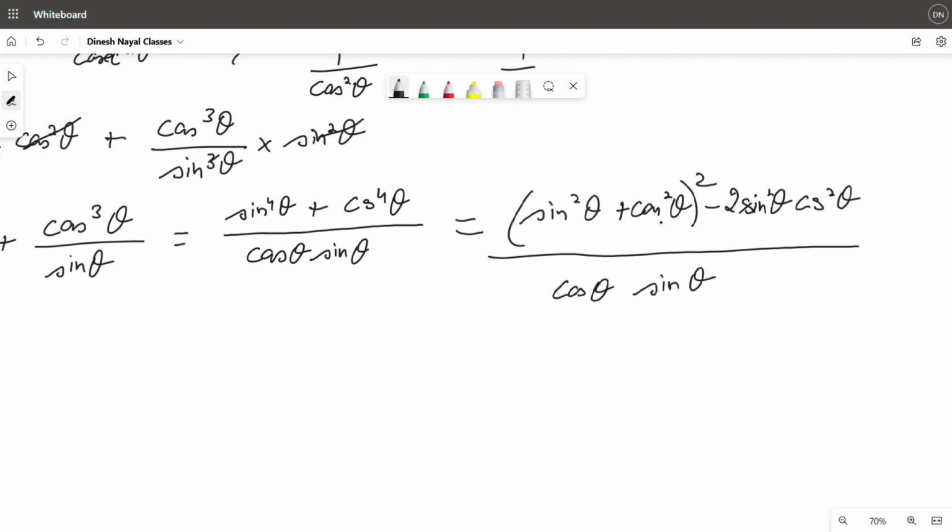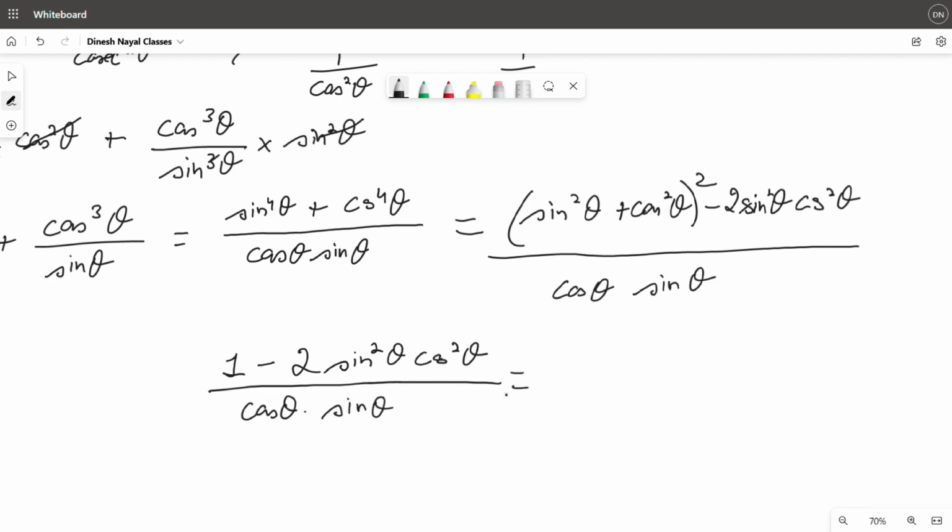Now, by the identity, sine square theta plus cos square theta is 1. 1 square is 1. So 1 minus 2 sine square theta cos square theta, whole upon cos theta sine theta. Now again we can separate them. So this will be 1 upon cos theta sine theta